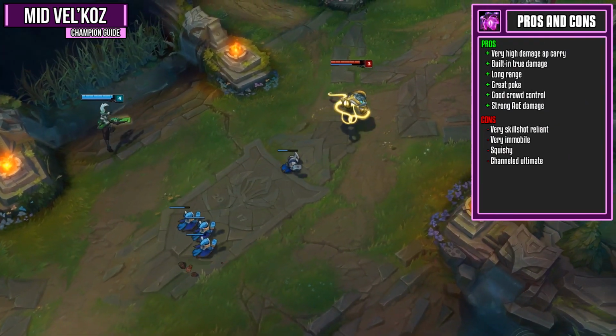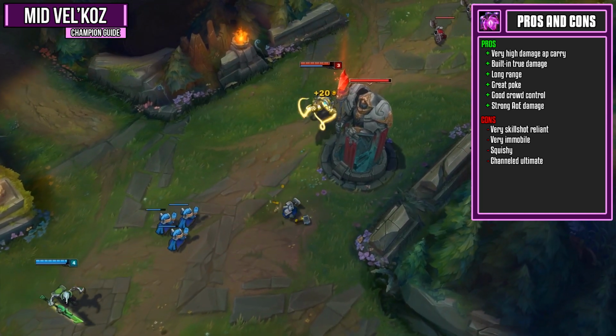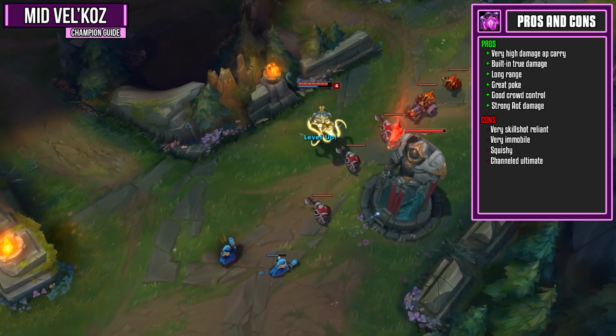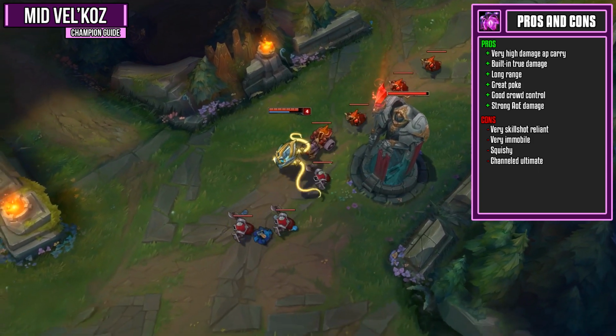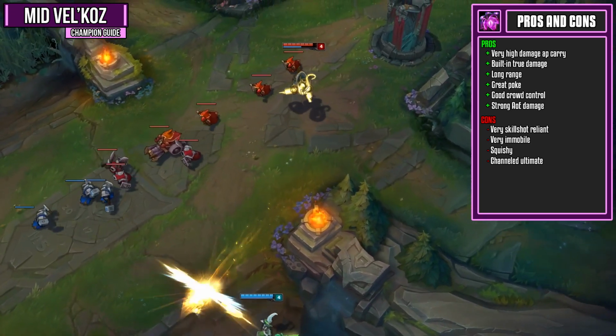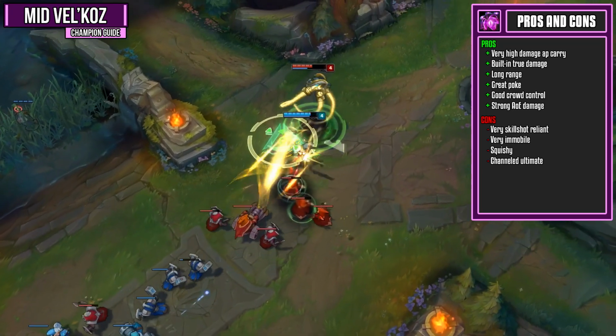First, he's a very high damage AP carry that has built-in true damage, which allows him to deal with even tanky champions. He's got a pretty long range for a mid laner, making him a somewhat safe pick, and really great poke as well. He then has some pretty solid crowd control as well, which comes from his E's suspension and his Q's slow. As long as you can land these abilities, your combos are going to be a lot